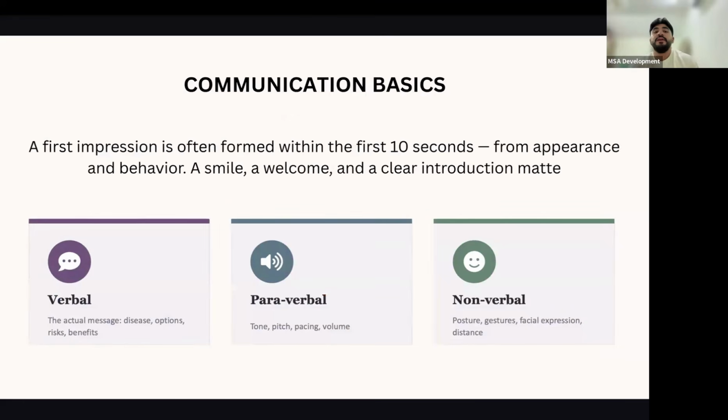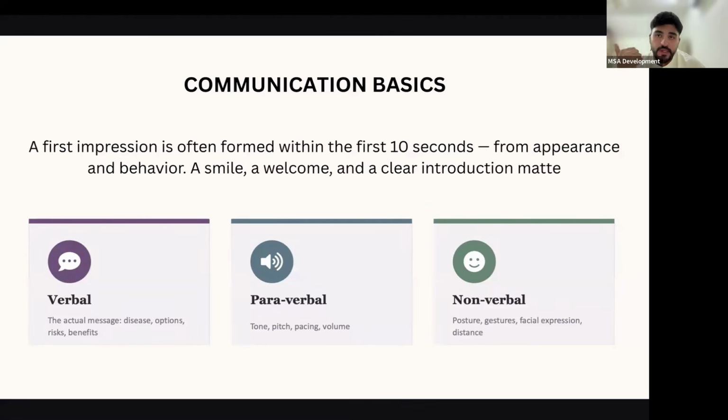Okay? Communication basics. First impression is, of course, within the 10 seconds. You always have to be smiling. You also always have to have this welcoming attitude, right? And having a proper introduction really matters. Okay? There's three ways you communicate with the patient. Verbally, by delivering the